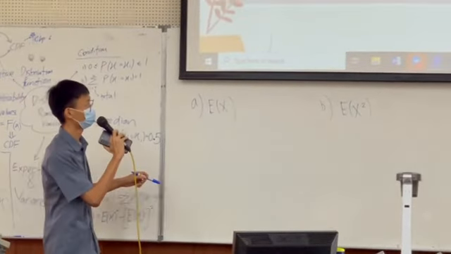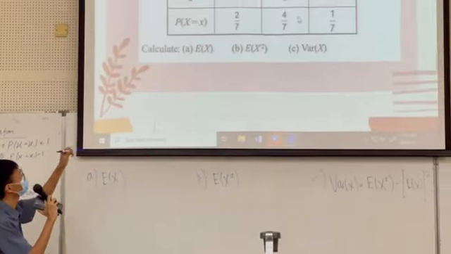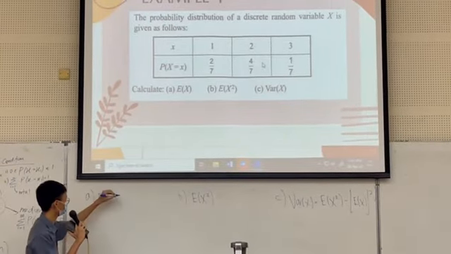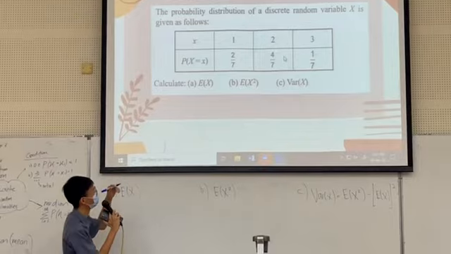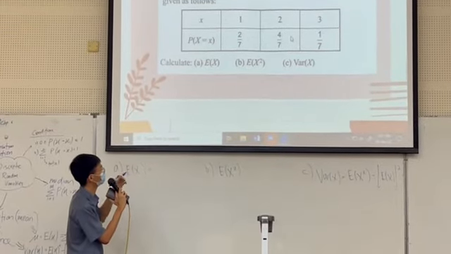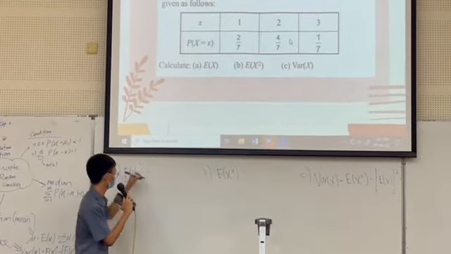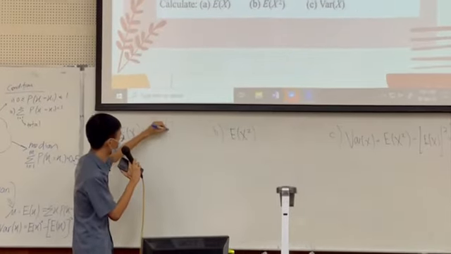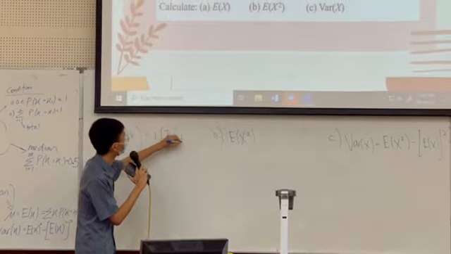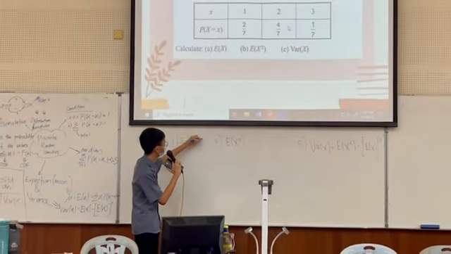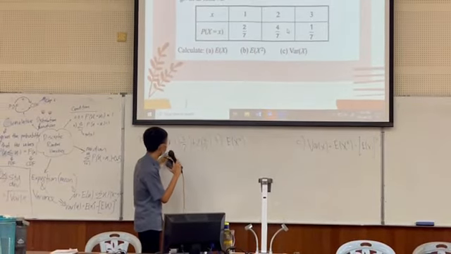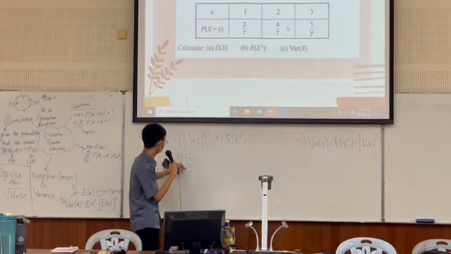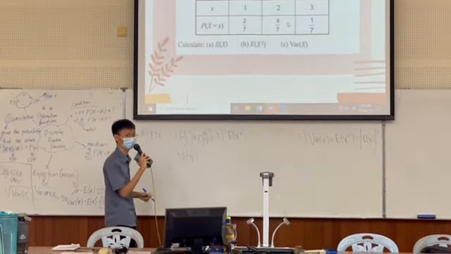From the question, we have the values of x, so we multiply and sum over all of the probabilities to get its expectation. We will have 1 multiplied by 2 over 7, and 2 multiplied by 4 over 7, and add 3 multiplied by 1 over 7. So we will get its expectation is